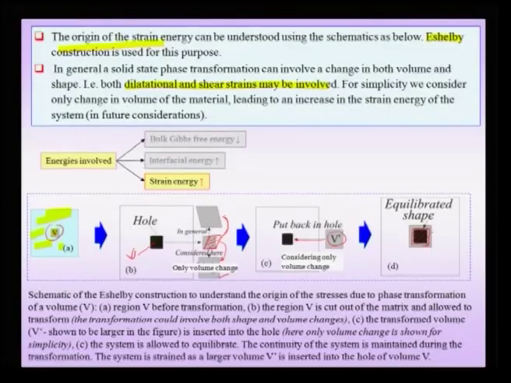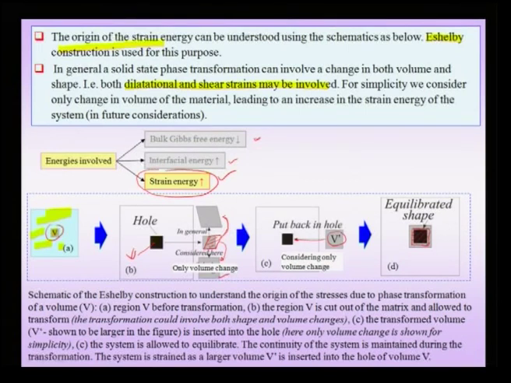the energy cost to the system is larger, and therefore the system has to pay a higher price now, not only in terms of the interface energy which is created, but also in terms of the strain energy which is coming from the phase transformation. So therefore, to summarize this slide, I can understand that strain energy can play an important role in solid to